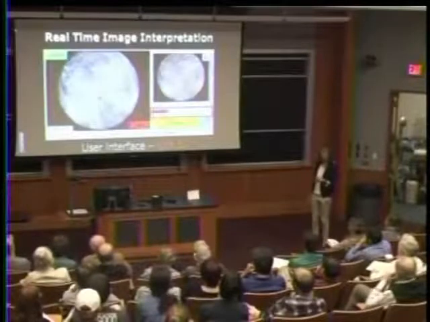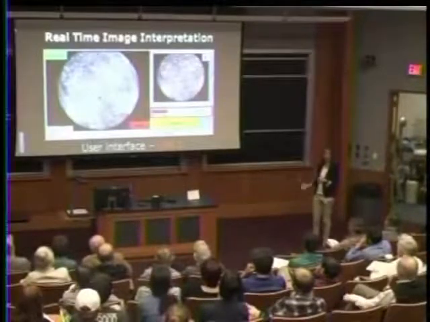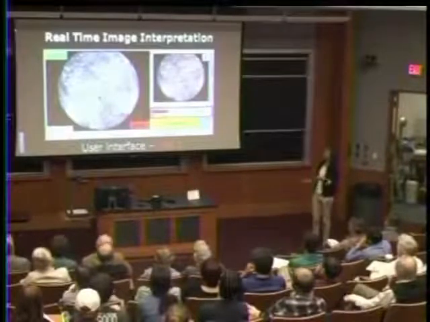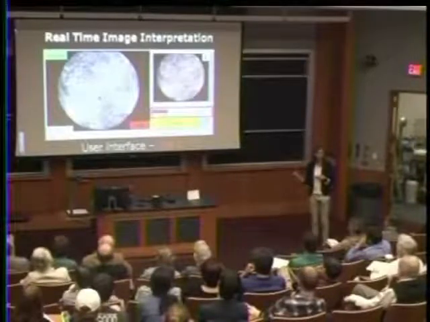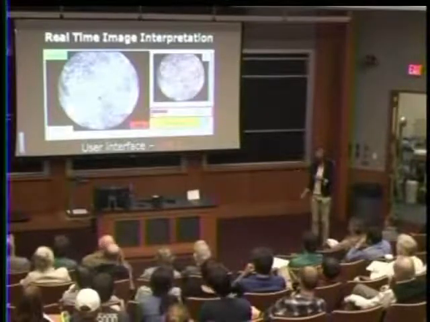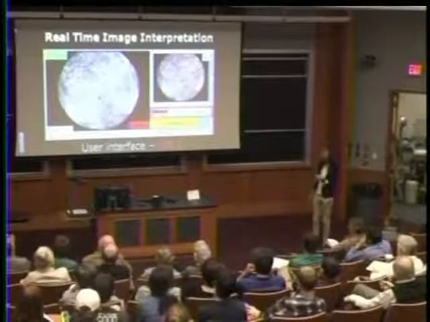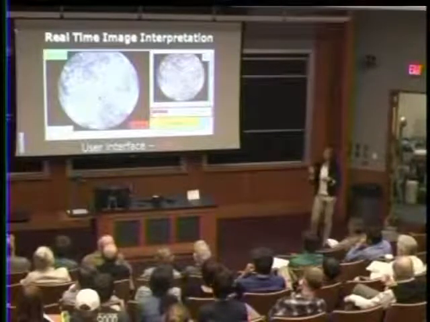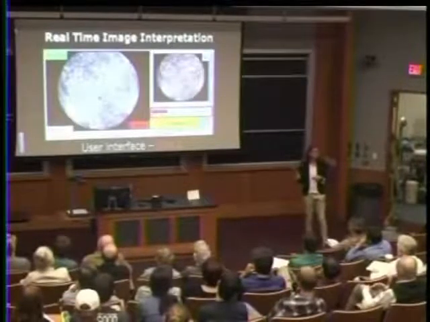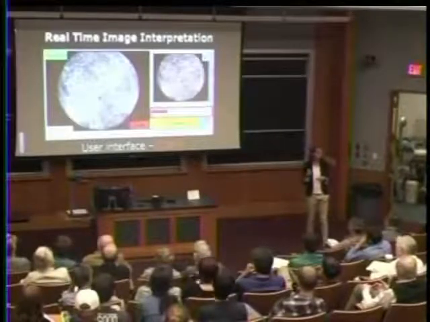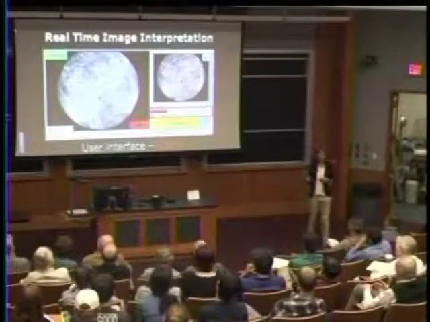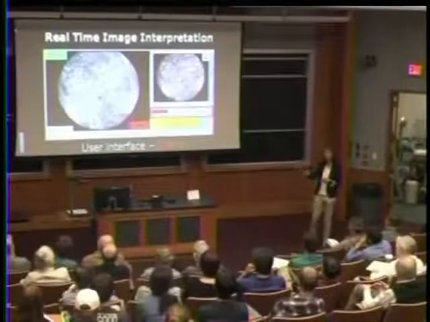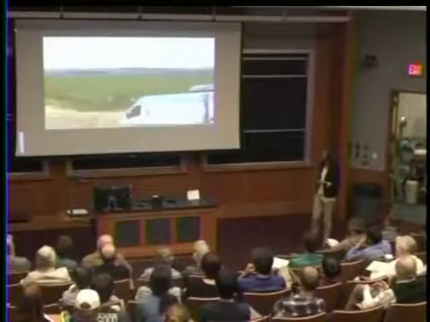If there's a precancerous lesion present, as there is in this case, where you see that the nuclei are much larger, the shapes are much more random, they're more crowded, you can see we identify many more abnormal nuclei. We've crossed our threshold, the bar turns red, and that's the cue for the provider to say, indeed, this is a precancerous lesion. I should either biopsy it or go ahead and treat the patient.